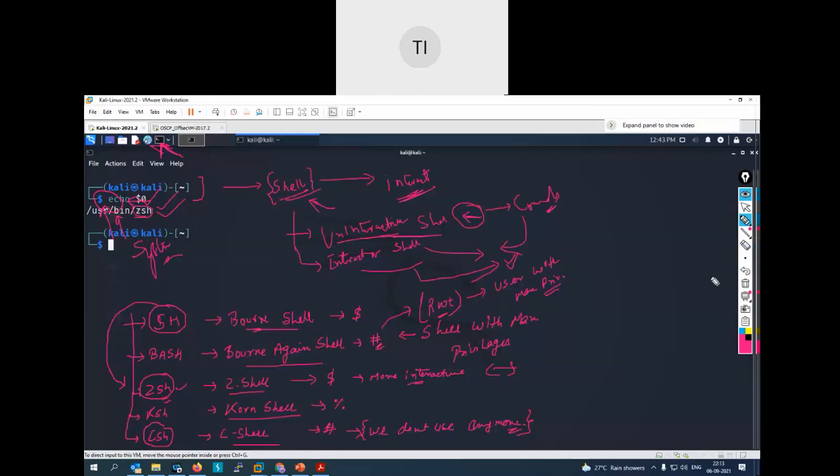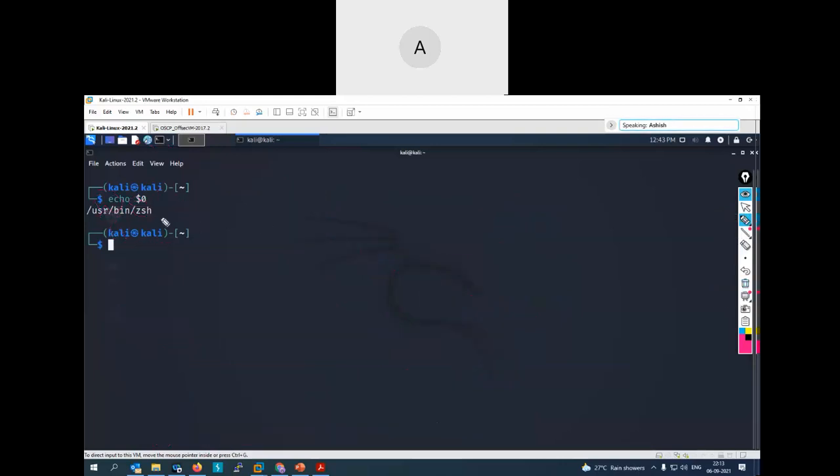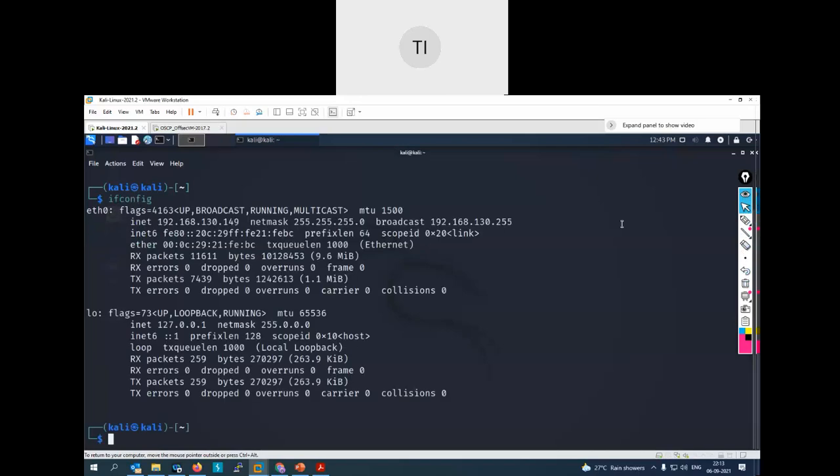We can say ZSH is the shell with more privileges. You can increase your privilege because ZSH is a very interactive shell. Right now you can see I'm using ZSH and I'm given a dollar prompt. If I type a very simple command, ifconfig, it runs that command for me. The moment I try to run any command which might want me to be a superuser, which is probably not going to work as a normal user,